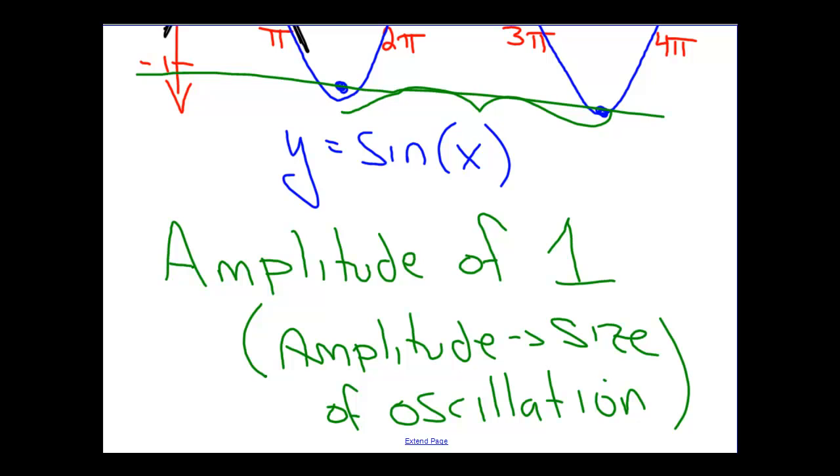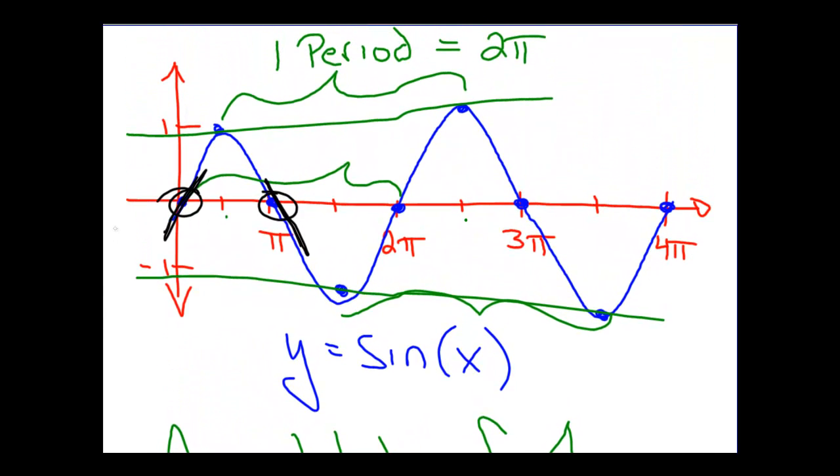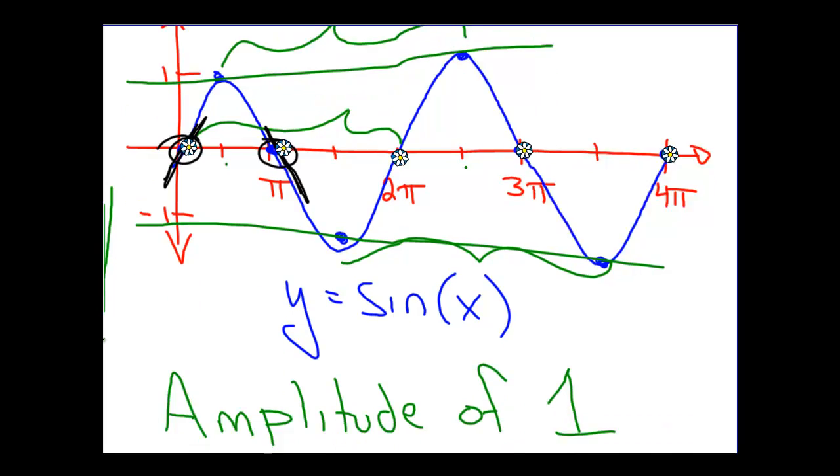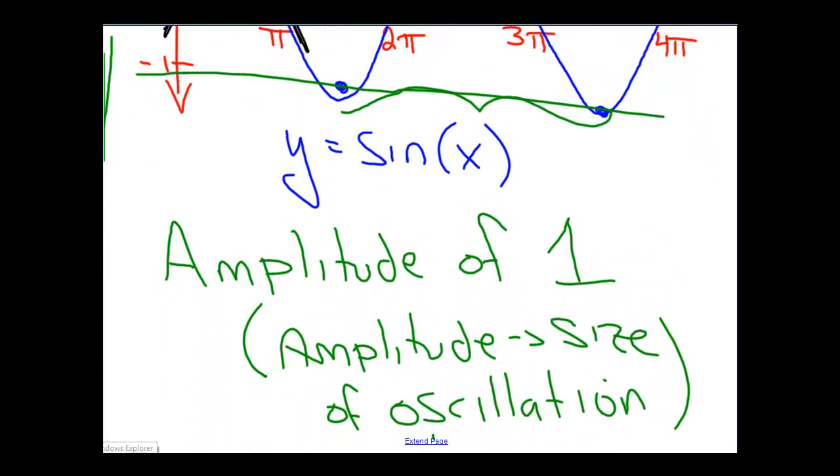Another thing to note about our sine function, there's plenty of things to see here, lots going on, is where the function has roots, where our sine function has zeros. And our sine function has zeros at every integer multiple of pi. Notice that our function crosses the x-axis at every integer value of pi. So we have roots at every value of pi. We can express that by saying here